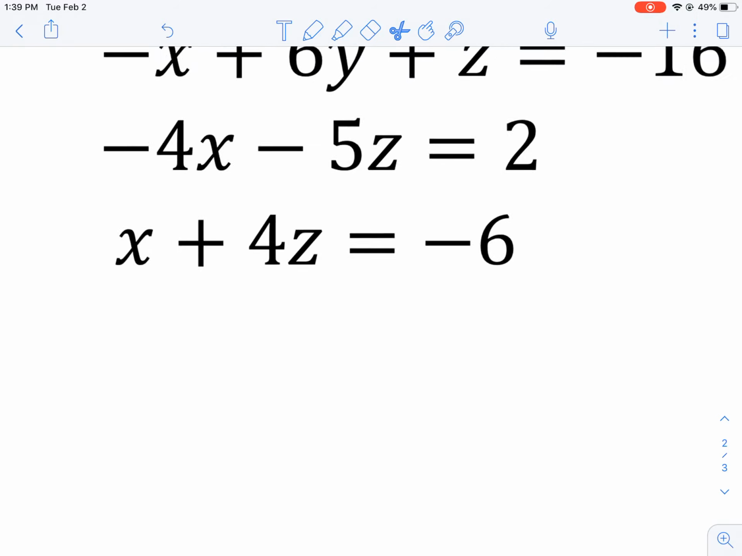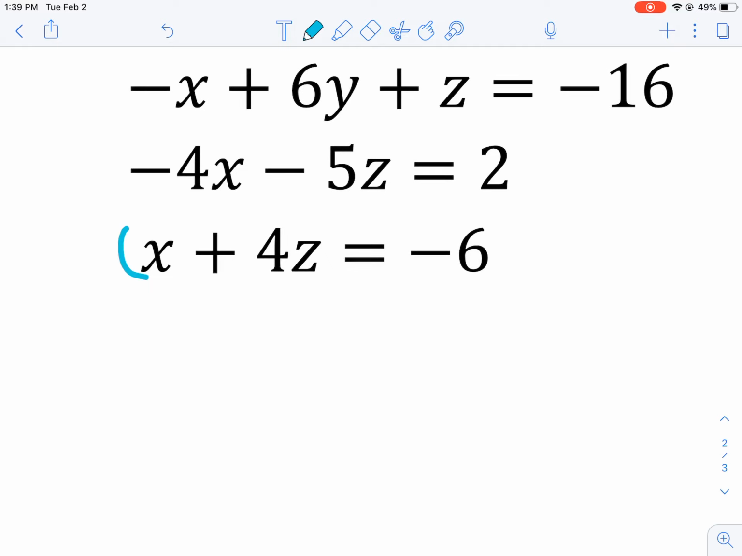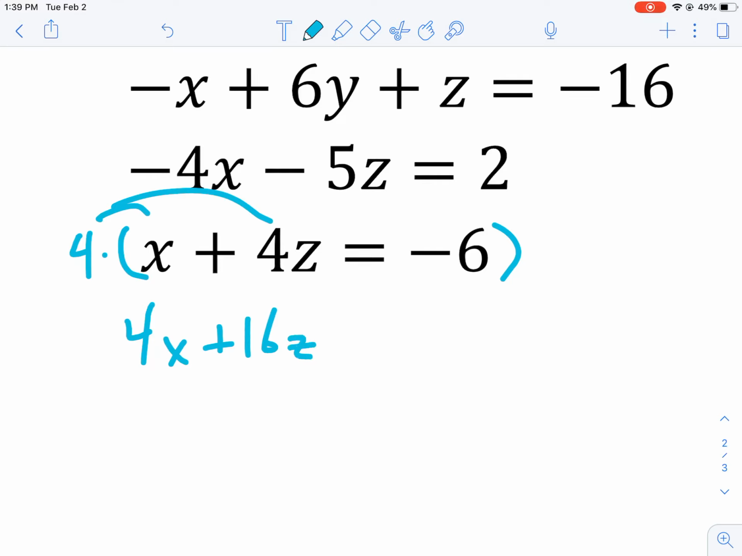Instead, what we're going to need to do is add these two together, because if we can cancel out the x, we'll be able to get z. So we're actually going to have to multiply this equation by 4. But you can kind of see the trial and error involved. This stuff isn't easy. So 4x plus 16z